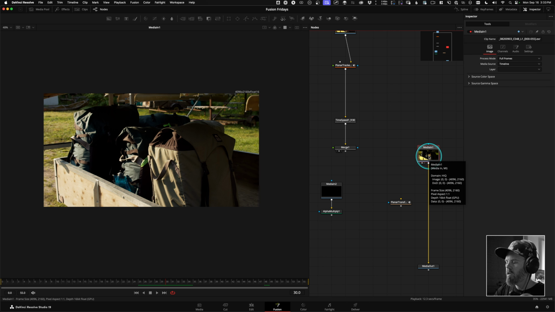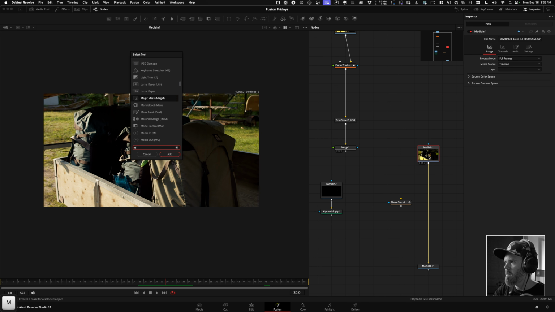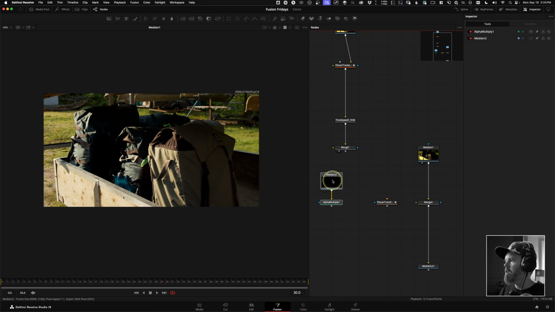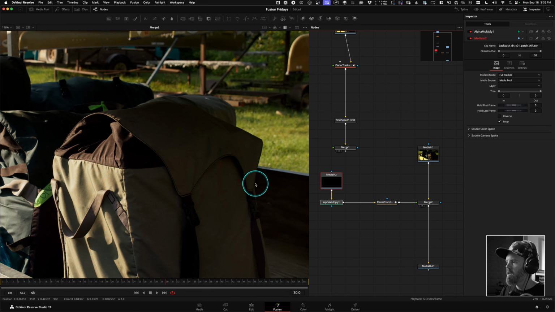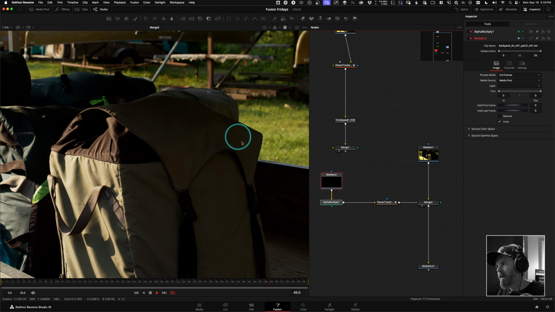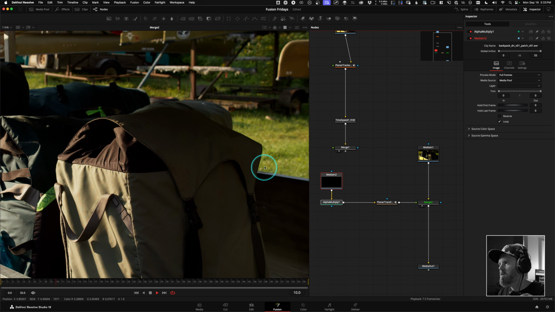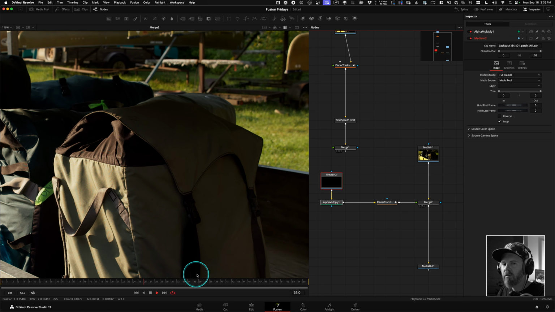Then we'll add a merge node after here, shift space, and then merge. Shift space is your tool picker. And then what we need to do is feed our clean plate that's been pre-multiplied, going into the planar transform. And then we haven't done anything yet. We need to merge this on top of the original footage. And now when you push play to preview it, this patch is getting match moved based off of that frame